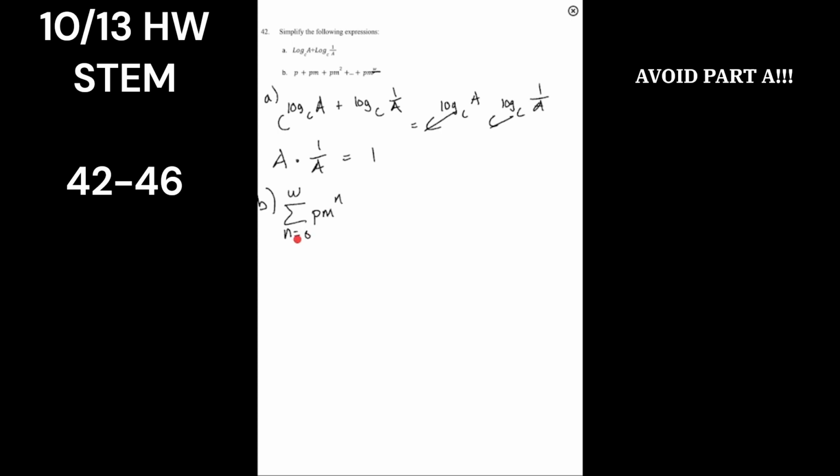I don't know if sigma was introduced yet, but basically think about it as like a repeat loop. So you would basically do this equation. If n equals 0, this would be p m to the n, and m to the 0 is just 1, so it's just p. Then we would repeat it, but n is increased by 1, so if n is 1, that's just pm. Then increased by 2, so that's pm squared. And it continues until n approaches w, which in this equation is pm